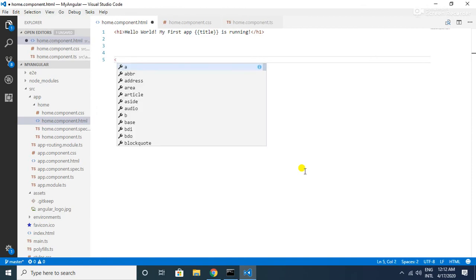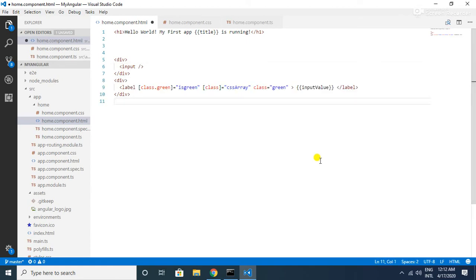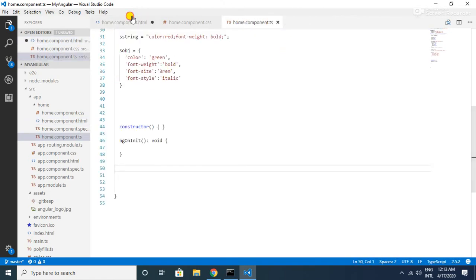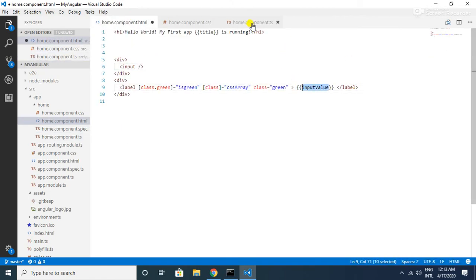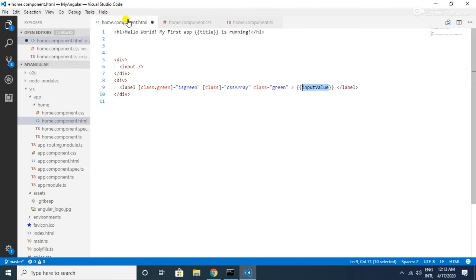Let's take an example. Let me have an input tag inside a div tag, and let me also have a label. Whatever data I change in this input tag, I want to show that content inside this label. Let me have a variable called inputValue, and initially I am setting this value as initial, and when I save this,